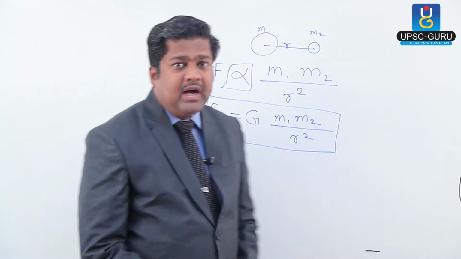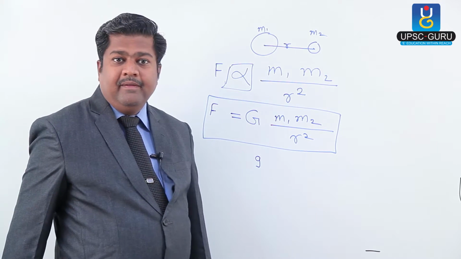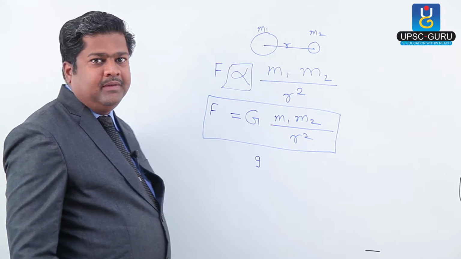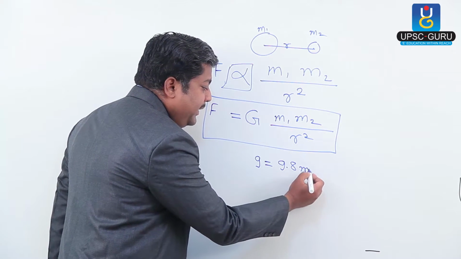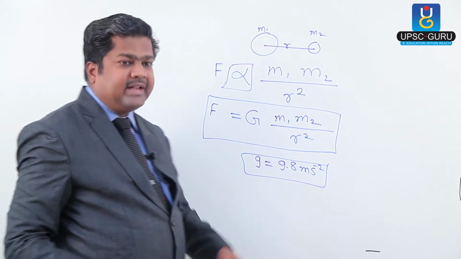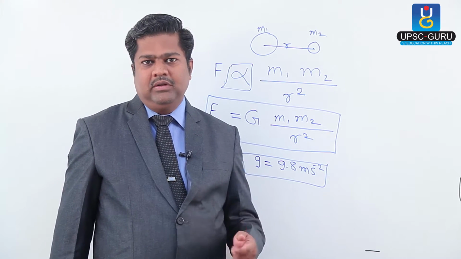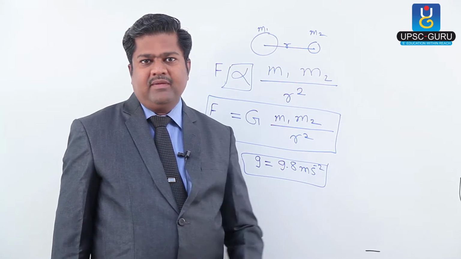Many students are confusing this G with this G. This G we are calling gravitational acceleration. Its value we are taking as 9.8 meter per second square. Try to recollect, this is gravitational acceleration, and usually on the surface of Earth we are considering this value as 9.8 meter per second square, but its value changes